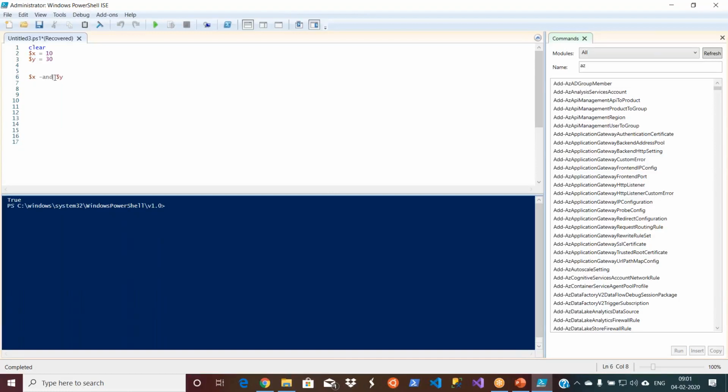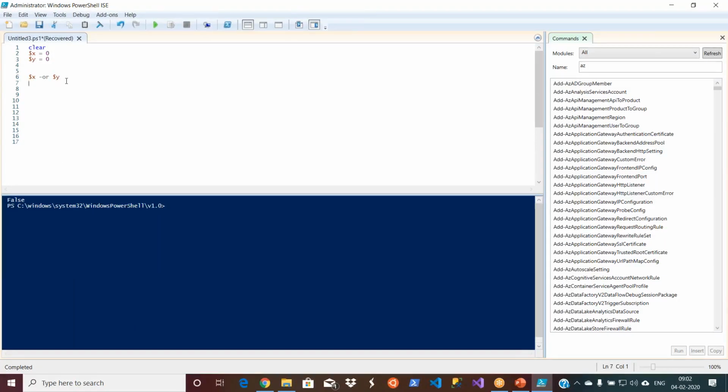Okay, and the logical OR, it will return true if one of them contains non-zero. One of them can be a 0. So now I say -or, which is, you say, don't say R, logical OR. It is saying true. Now let's make any one of these variables 0. Now it will also give true, because for OR, at least one condition is satisfied, it will become successful. So if I make both of them 0, false, because both of them are false, I mean zeros.